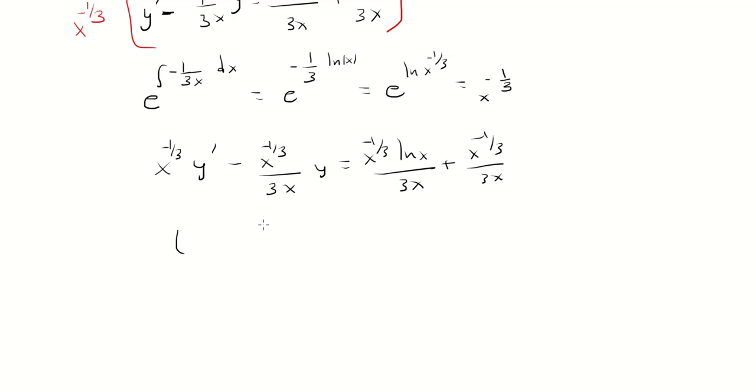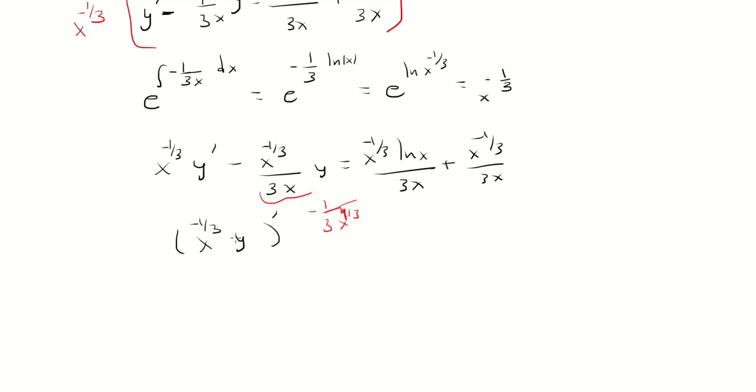So this is just x to the negative 1/3 times y, and then the derivative of that. Because the derivative of x to the negative 1/3 is negative 1/3 x to the negative 4/3, and that's exactly what we have here. Because if I was to rewrite this, this would be negative 1 over 3 times x to the 4/3,